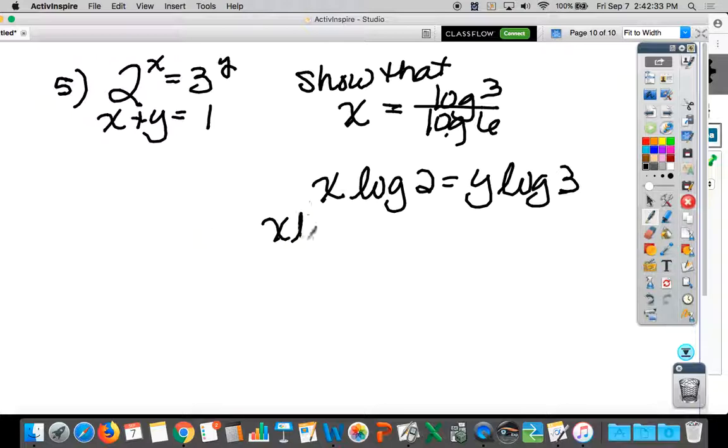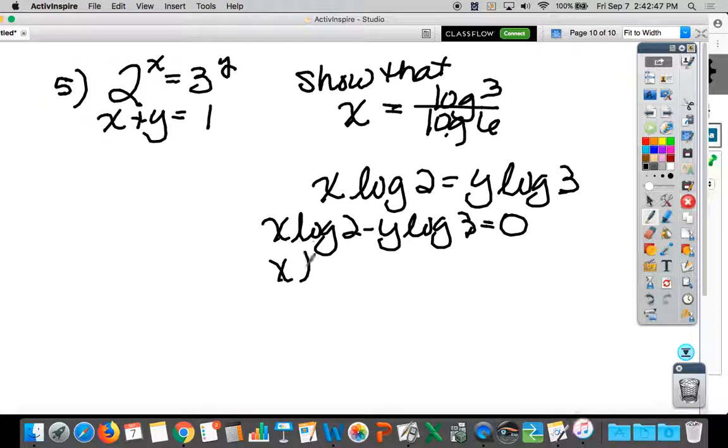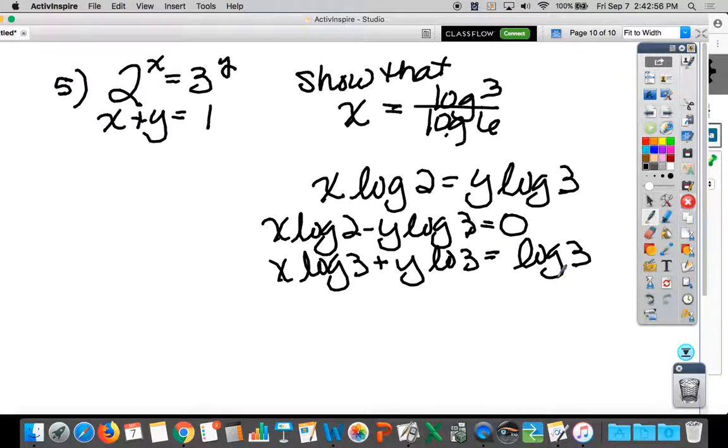Okay. And then you've got plus y in the second equation, so I multiplied the whole second equation by log 3. Okay, so you got x log 3 plus y log 3 equals log 3. And then I just canceled the y's, and got x times log 3 plus log 2, or log 2 plus log 3, equals